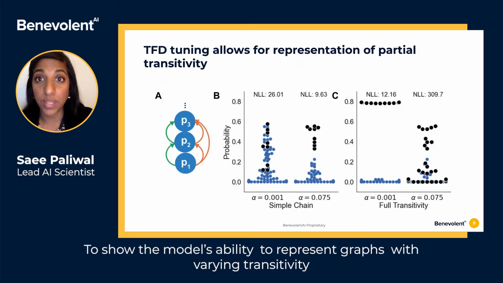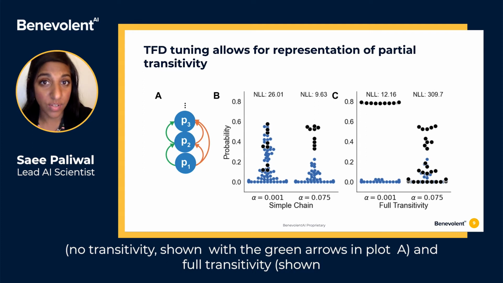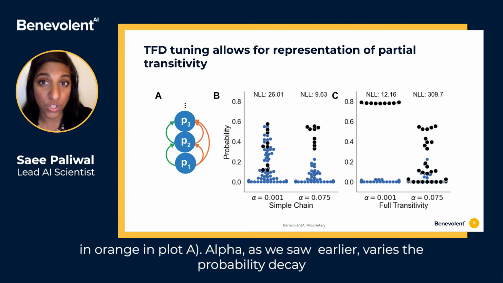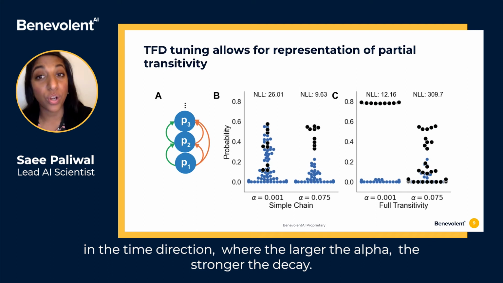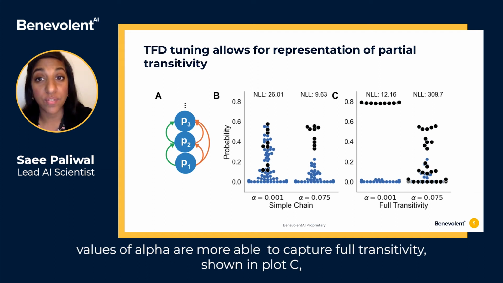To show the model's ability to represent graphs with varying transitivity by tuning this parameter alpha in the loss function, we model a simple 10-node chain. No transitivity is shown with the green arrows in plot A, and full transitivity is shown with the orange arrows in plot A. Alpha, as we saw earlier, varies the probability decay in the time direction, where the larger the alpha, the stronger the decay. Using two values of alpha, 0.001 and 0.075, we see that the smaller values of alpha are